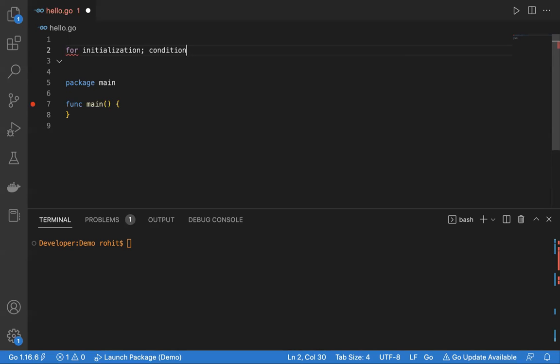It should always evaluate to a Boolean, either true or false. Then the post statement. This post is a statement that will be executed after the statements of the for. Here we will have statements or anything that we want to write as logic. Initialization is the very first thing, and it is optional. The condition will always return a Boolean expression that is true. The post statement will be executed after the statements are executed. This is the very first syntax of the for